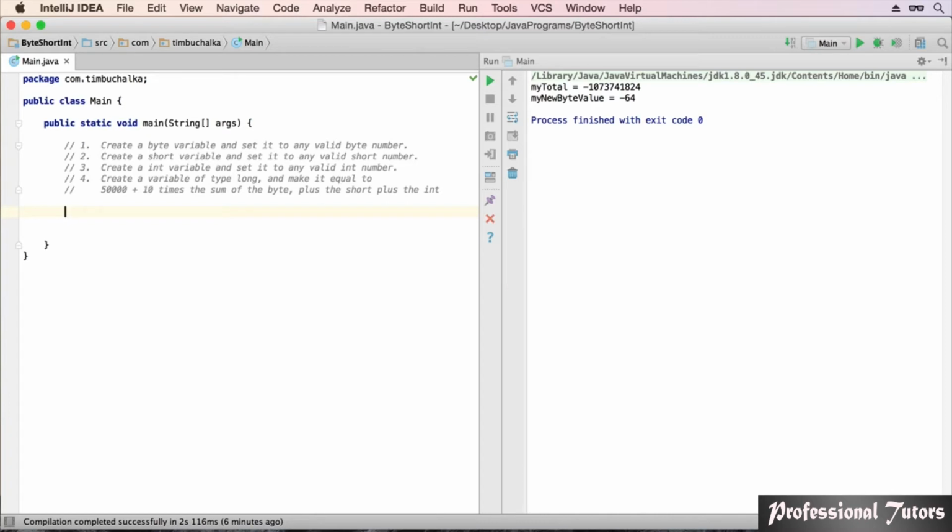It was a little bit tricky in that you don't need to enter the cast there because this is converting automatically to type long, and long will quite happily accept an integer. To be more precise, we could probably put an L there, 50,000 L plus 10L times the byte value plus the short value plus the integer value. We can print that out